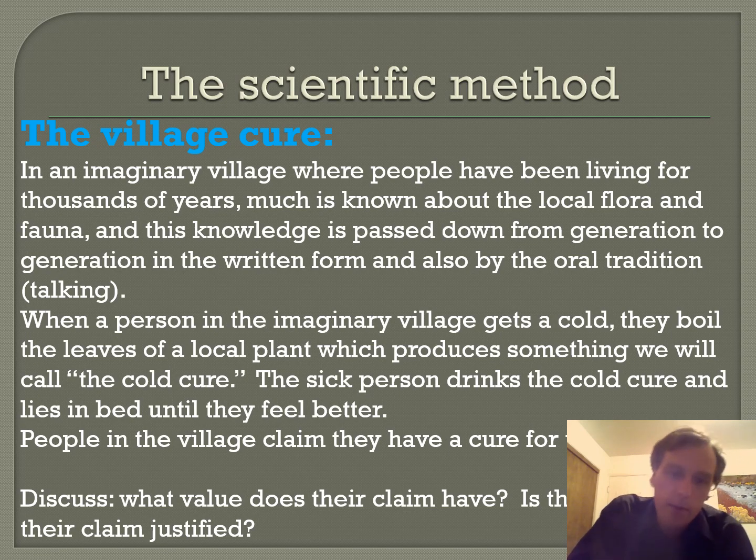However, there are problems. Firstly, there is no experimental group. In this example, in this village, they didn't have maybe 50 sick people and then randomly assign each of them to the experimental group and then the other ones to the control group. So they don't have anything to compare the people who got better to. They would need to give a control group a placebo. That would be the best way to control all the variables.